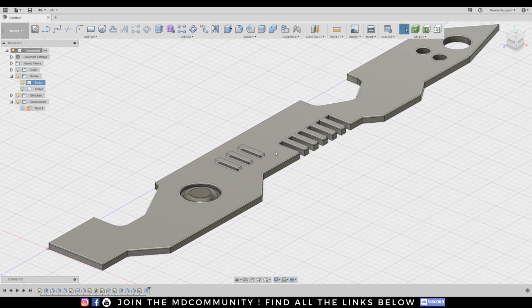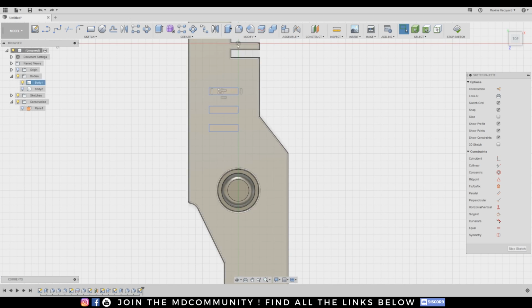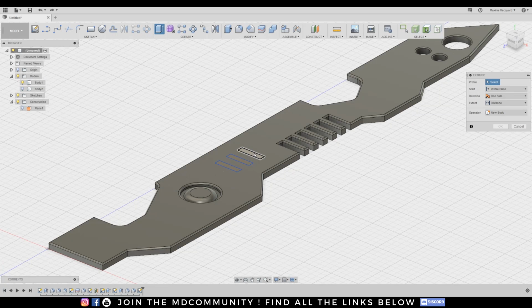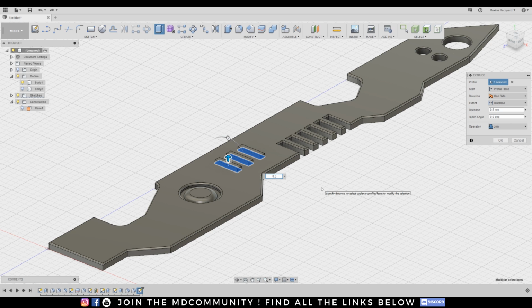I'm okay. As you see, I'm also able to create new components. When I extrude, I'm able to join, to cut, to intersect, and also create new bodies. It can be helpful if you want to do multiple texture sets or stuff.